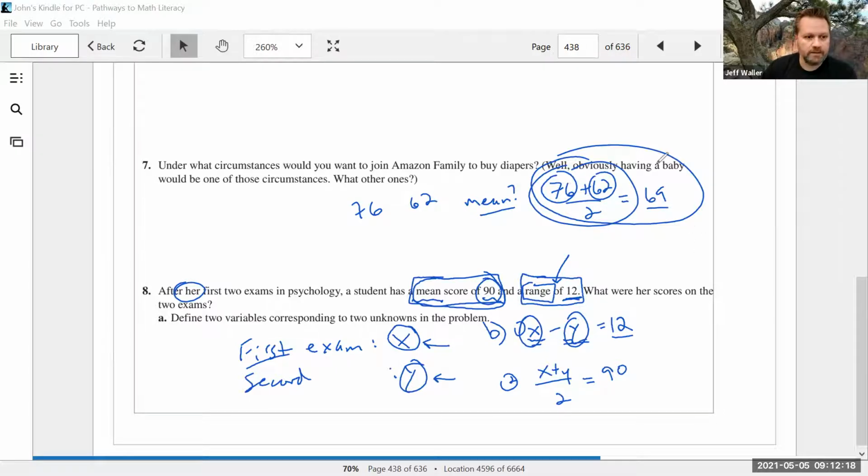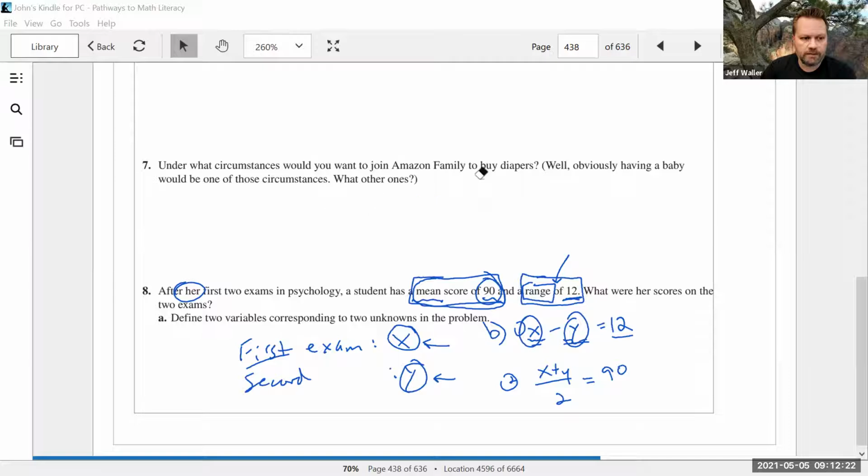So maybe this is a good time for a review on what you would do next. Let me make up a different student. Let's say a different student had a range of 18 and an average of